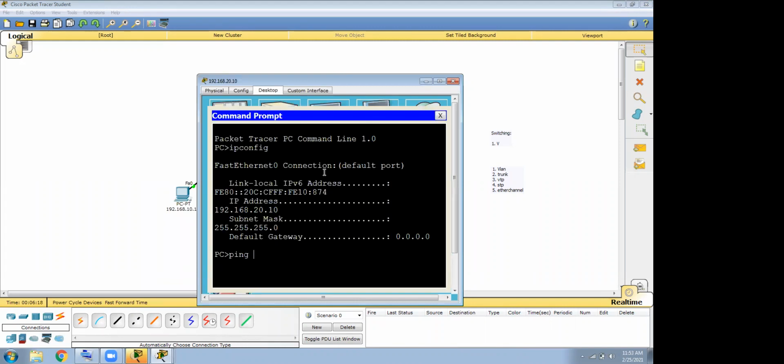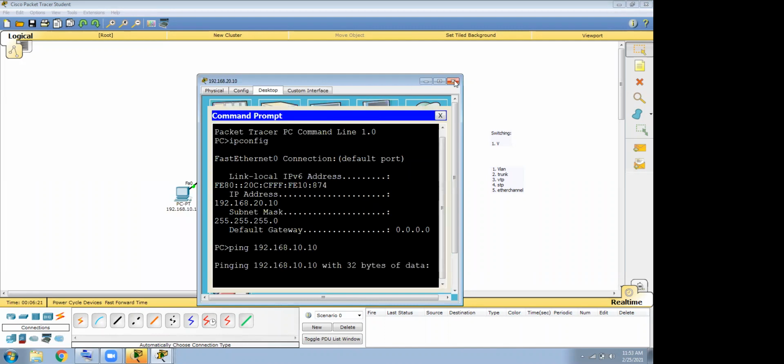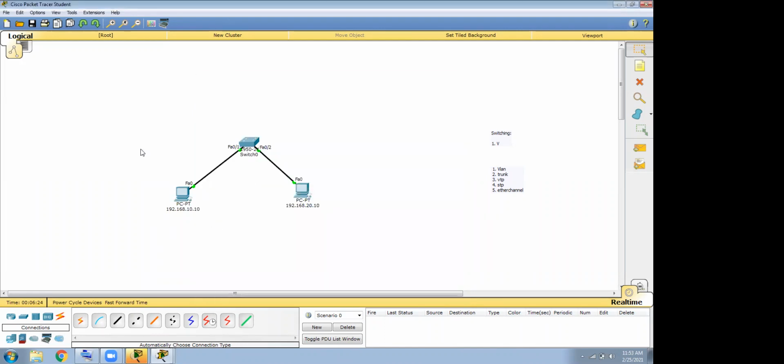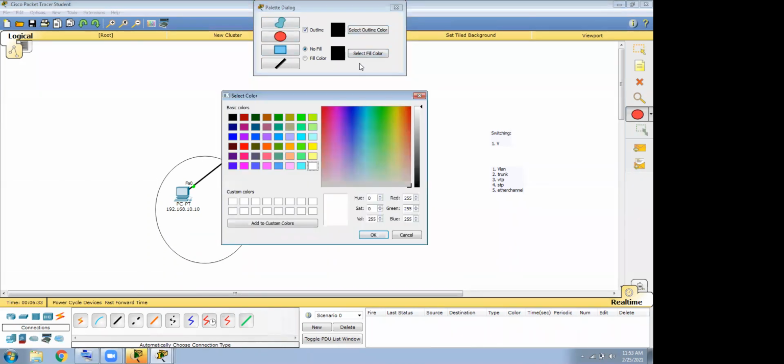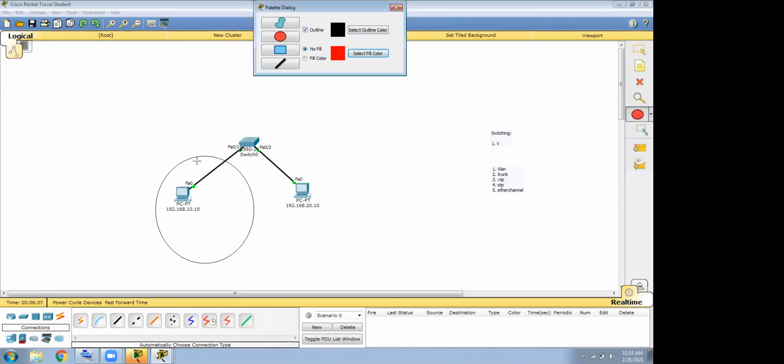So let me ping the other one, 192.168.10.10. No, it will never ever ping, because this machine belongs to the red VLAN.